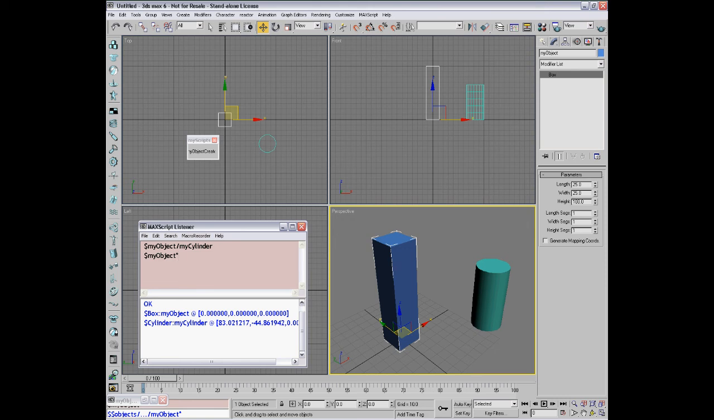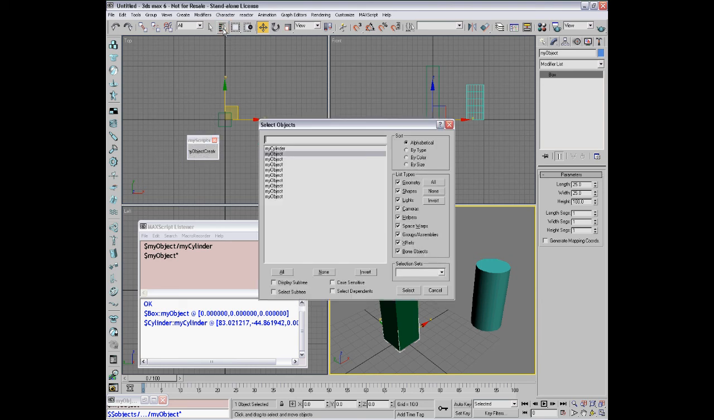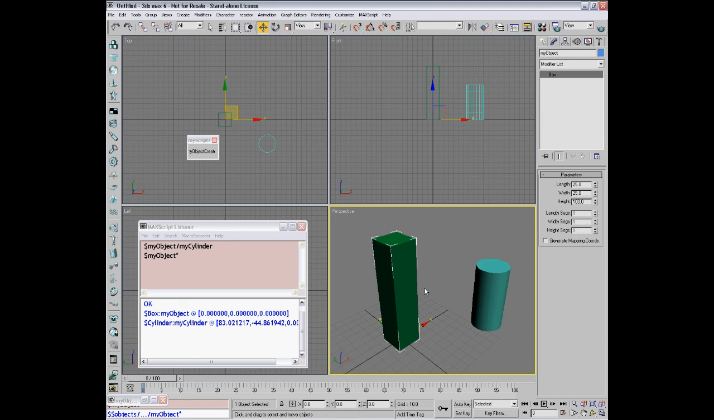Let's create a couple boxes named myObject by pressing the script button that we created earlier. Just press it a couple of times. And to double check that we indeed have many objects, just go to the select by name dialog and you see that we have lots of objects created with the name myObject. Now try this line in the listener window. And as you can see, it didn't just return one specific object like it did here. Here it was a box named myObject at this position. But it returned something different. This is